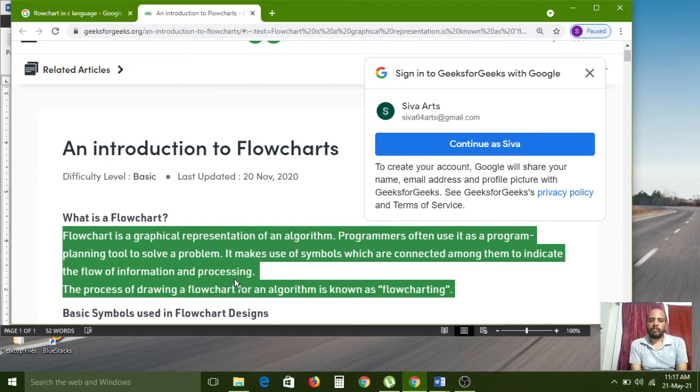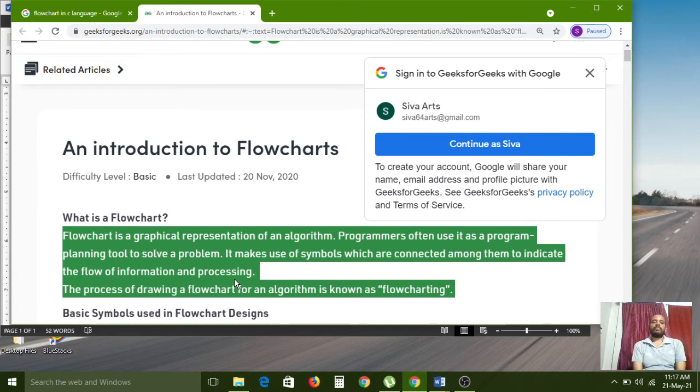Actually, algorithms and flowcharts are compulsory. Each and every programmer has to use them, not only C programmers. Java programs also have algorithms and flowcharts, and PHP programs also. Each and every programming language uses algorithms and flowcharts, because these two are pre-planning tools.